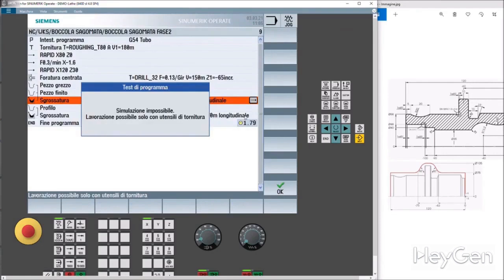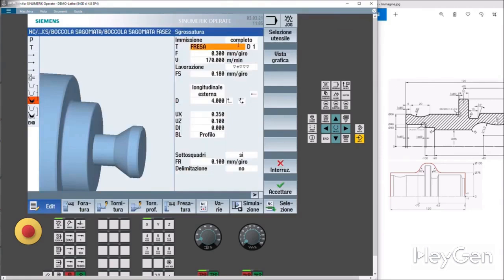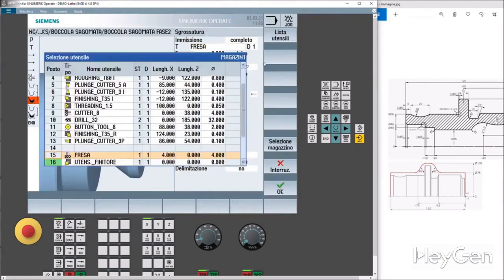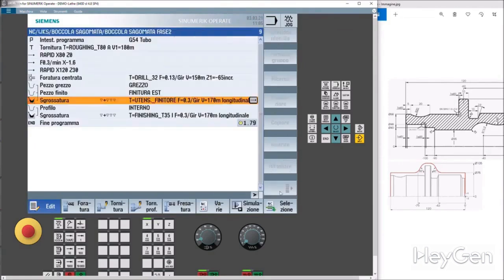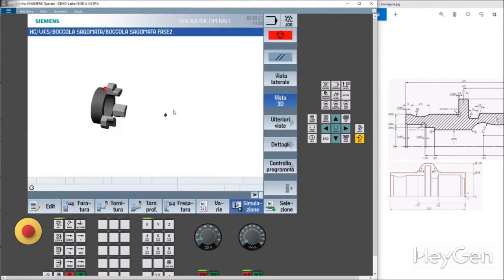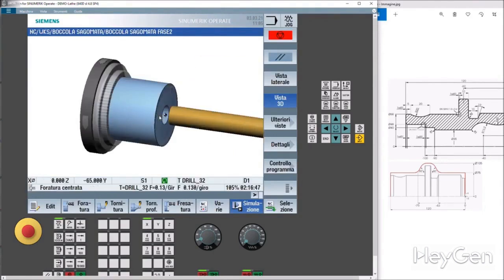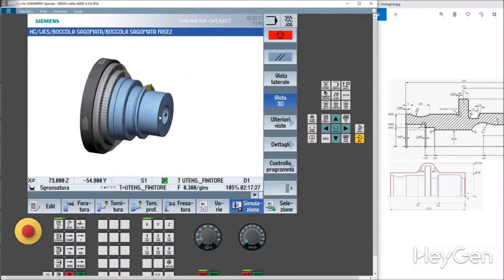Only with turning tools? Or am I getting everything wrong? Today I said, I'm in a hurry. Yeah, I messed up. Look here, I select tools. We accept. Here we are. It's nice to make mistakes too, when you're doing these tutorials, so you can see how fallible even someone who should theoretically be capable can be. But above all, you immediately realize how easy it is to communicate with this CNC.